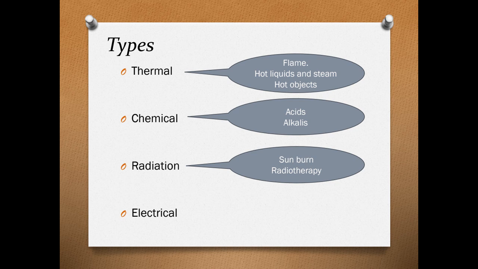So what are the types of burn? We have a thermal burn, which is usually due to flame, hot liquids and steam, and hot objects. And we have chemical burns, and usually these are due to acidic material or alkalis. And by the way, when we come to talk about alkalis,